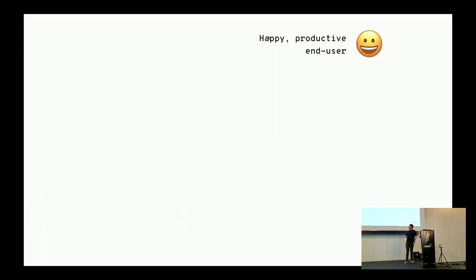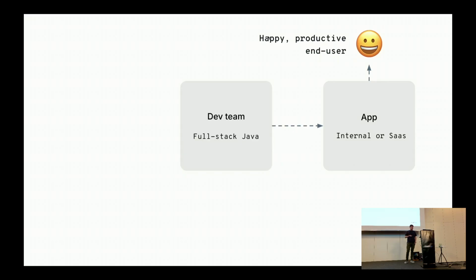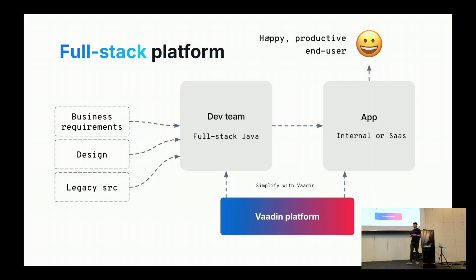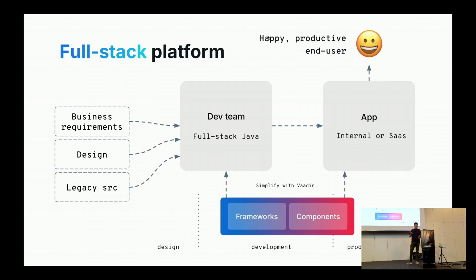So you are building an app with a full stack team, writing Java, trying to make the end users happy. But you have a lot of stuff on your desk to figure out what the app should be doing and what it should be looking like. And maybe you have this huge pile of nice code that you inherited. We try to help you in this. So we built this platform that tries to make it easy for you to build that app. And this platform is all about components that you can use to build your app